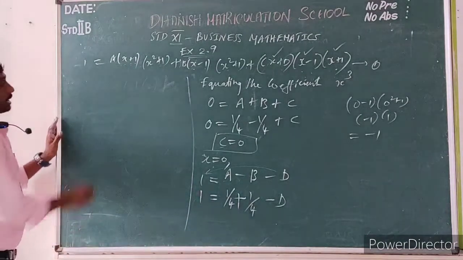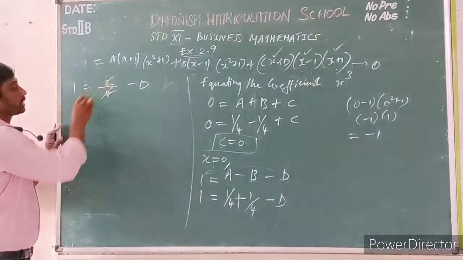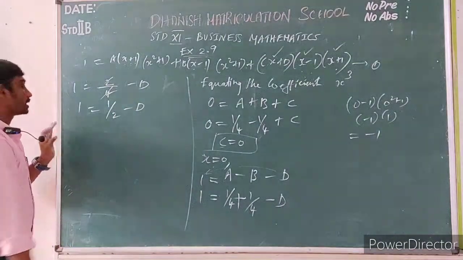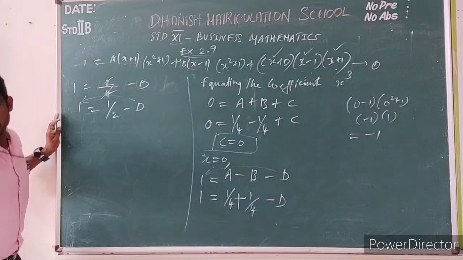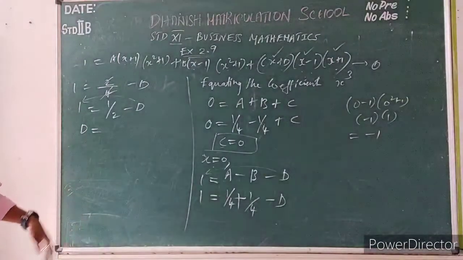So the denominator will be the same, which means 1 equal to 2 divided by 4 minus d. Now cancelling this one, 1 equal to 1 by 2 minus d. This minus d will go to that side and change into plus d. So now we have to write like this: d is equal to